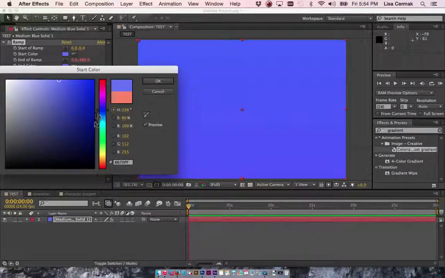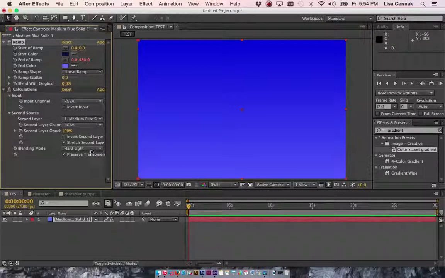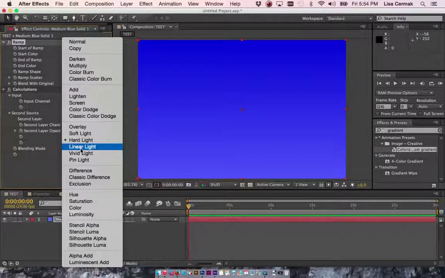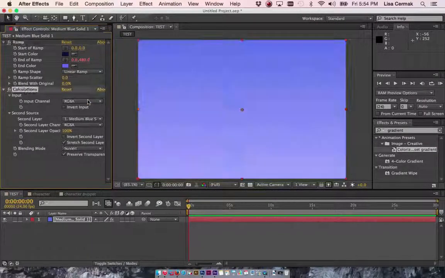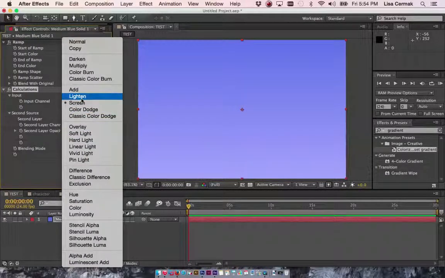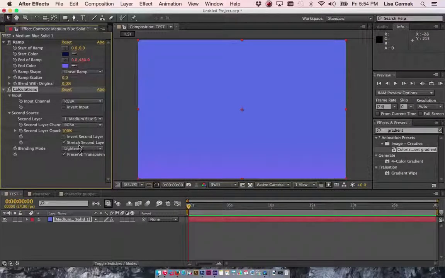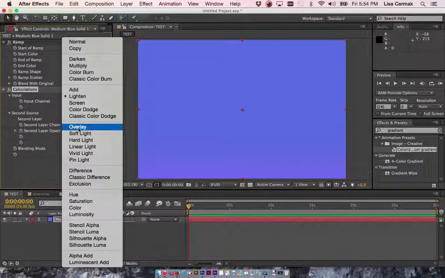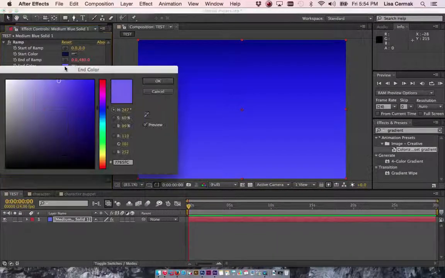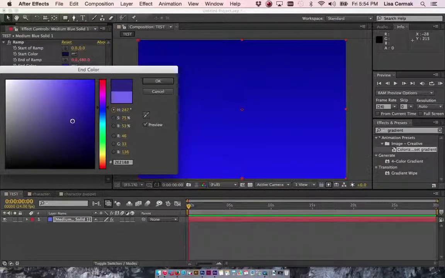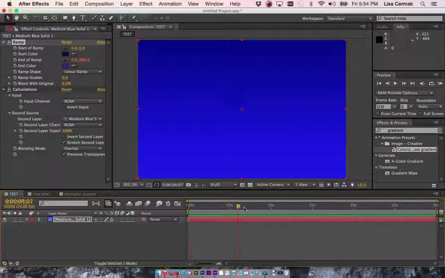Change this top one to a dark blue, and you can change the blend mode down here to, you can play around with it. I like lighten. Oops, not screen, lighten. Actually, no, I think let's do overlay. Overlay is nice. Okay, and let's bring down that. So if you notice my time indicators at the very beginning, and these also have stopwatches,